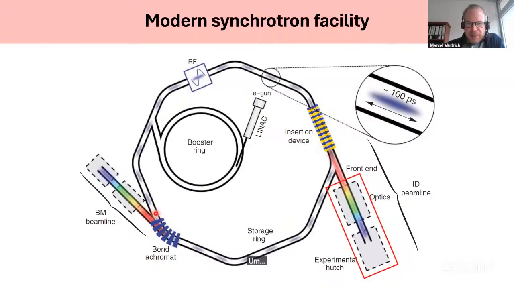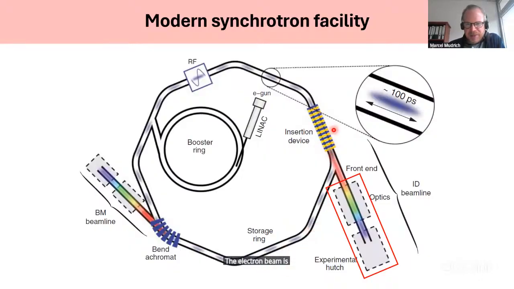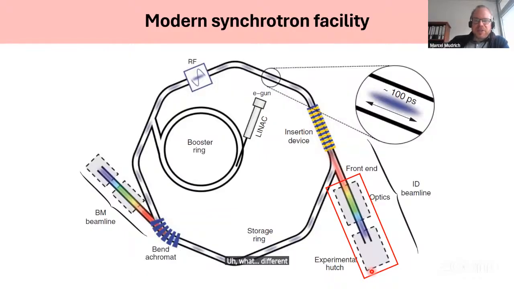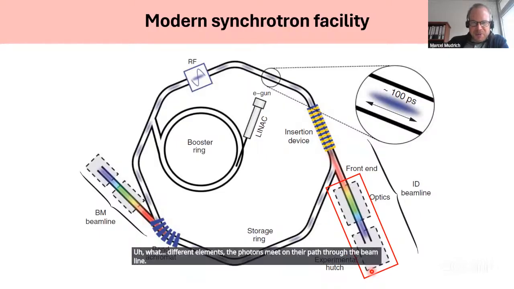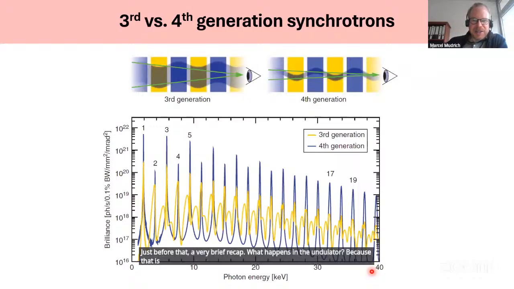Today it's about the beamline. So behind the electron beam, which is kept inside the storage ring, the photons emitted come out and travel into the beamline, and then let's see what different elements the photons meet on their path through the beamline. Just before that, a very brief recap of what happens in the undulator,